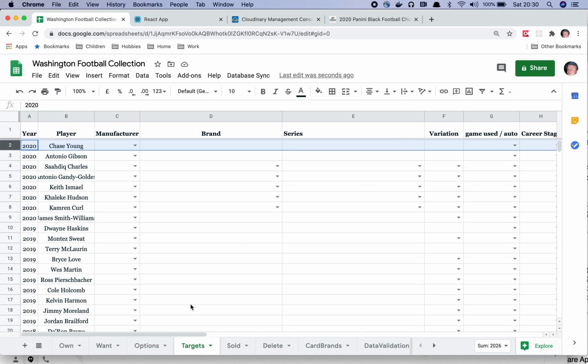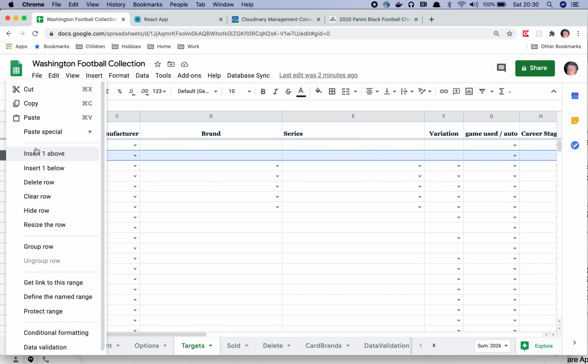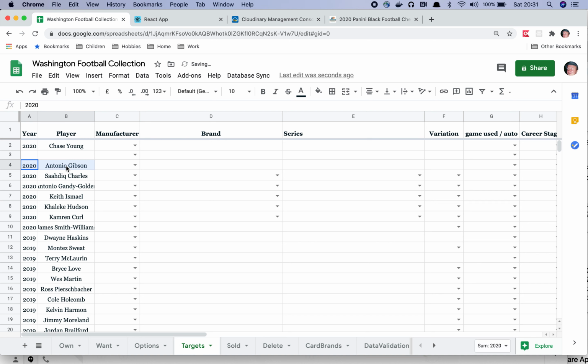Obviously, each player has loads of different cards, so I can then create lots of different versions of these for the different types of card, Immaculate or National Treasures or Prism or whatever, and those go into the options. But I'll just walk through a workflow and give you an understanding of what I'm trying to do. So I've just bought an Antonio Gibson card, so I'll go through the whole workflow there and show you how